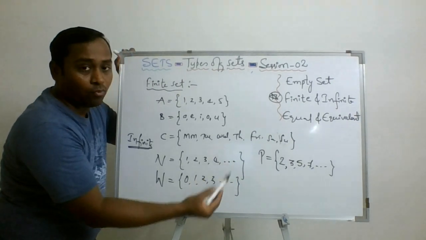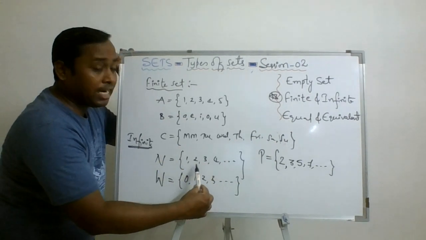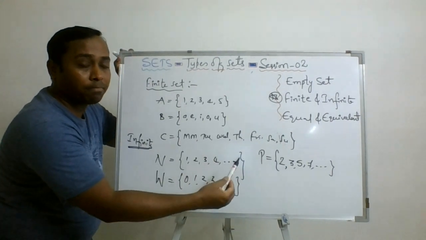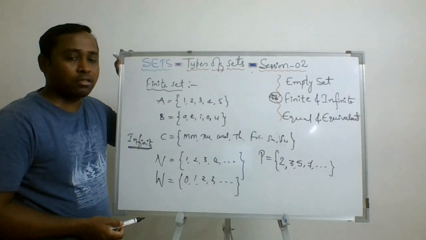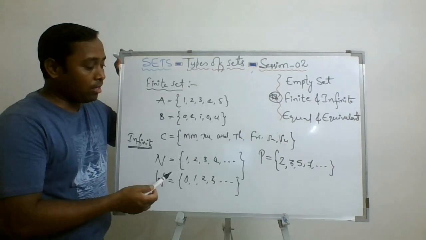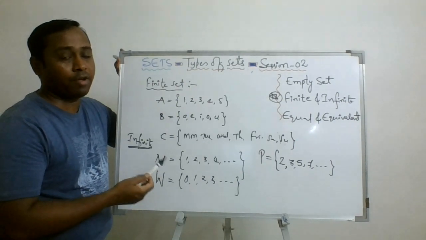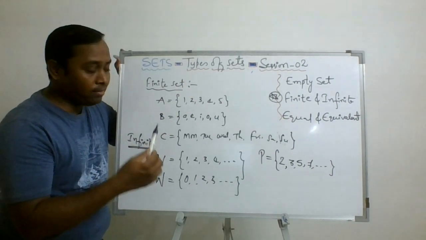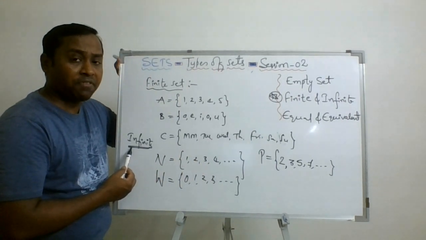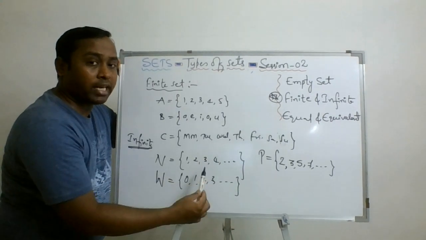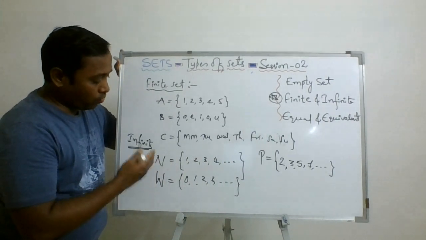So what do the three dots say? They say it keeps on going, maintaining the same property and the same characteristic pattern. Even in our common language, when we want to say there are so many examples like this, we either say etc. or use dot dot dot. So dot dot dot means the same pattern is just following. Hence, by representing the infinite set, we use the three dots to say this pattern is going on to infinity.